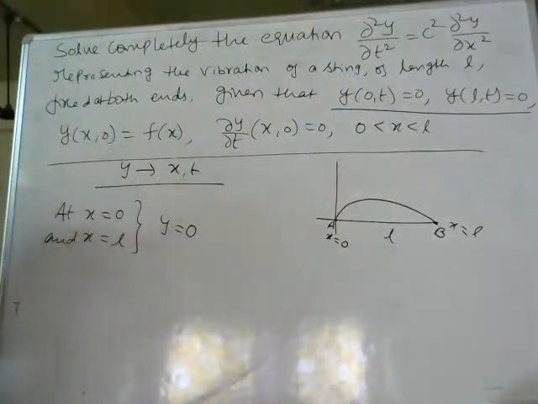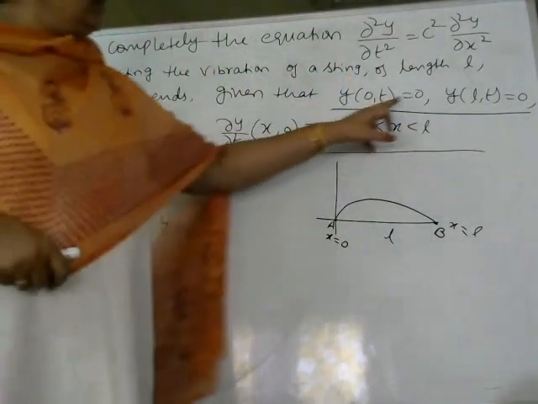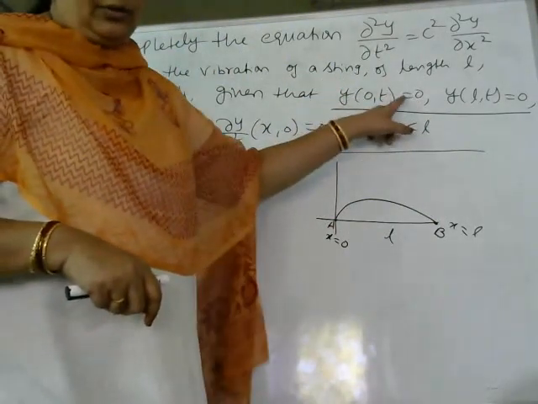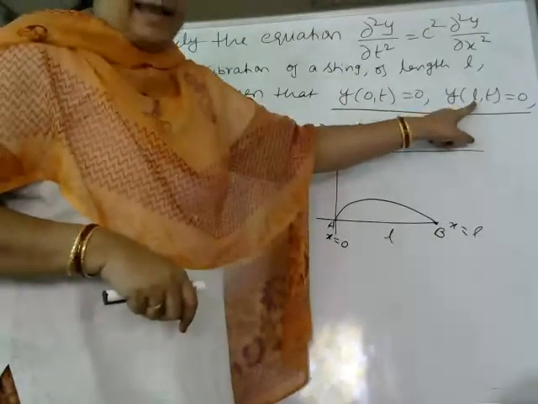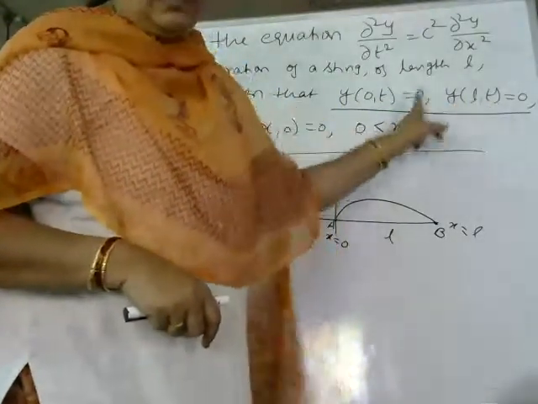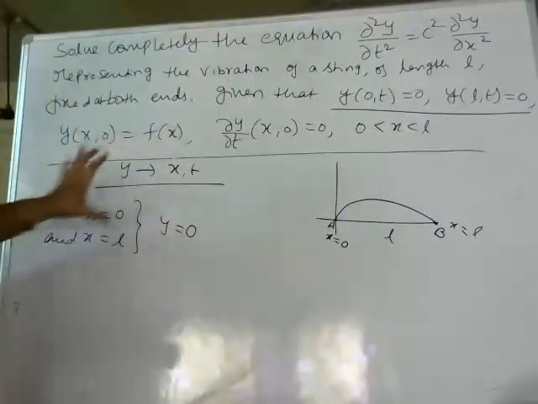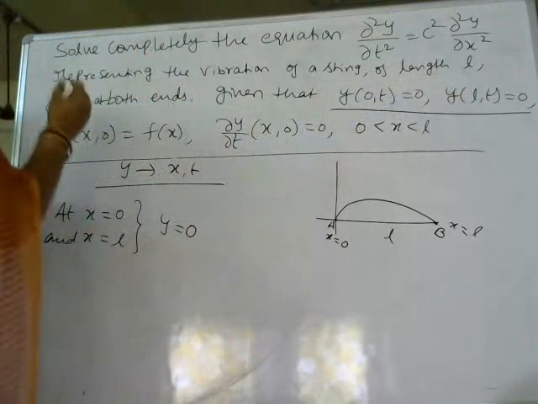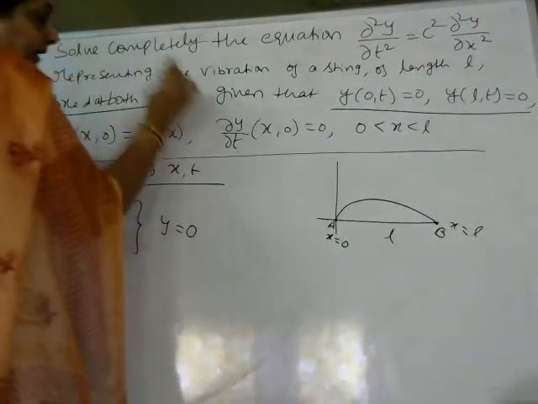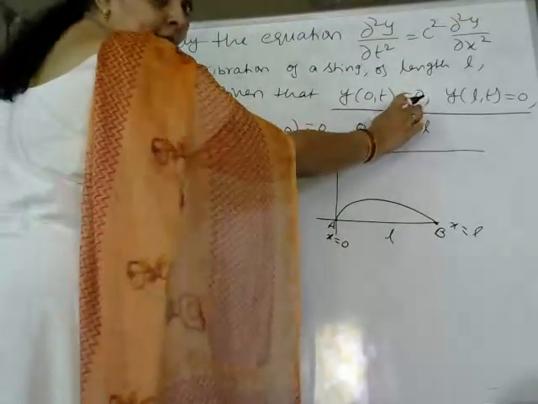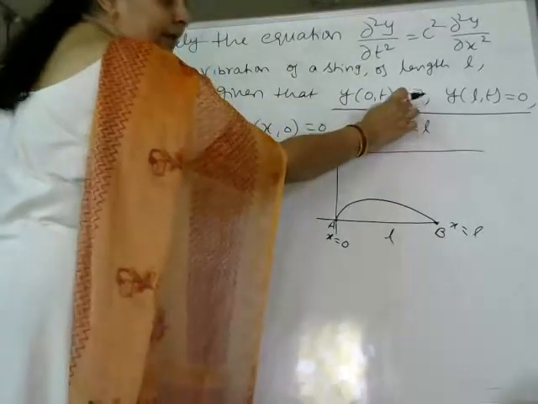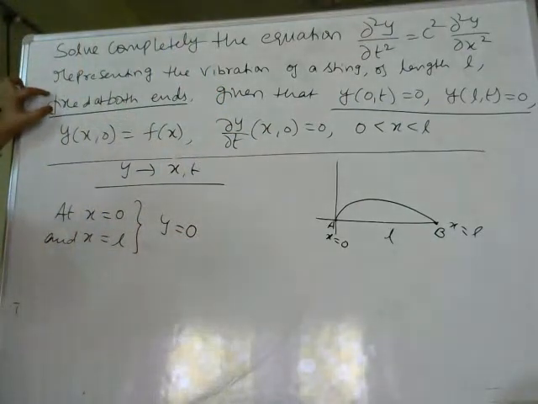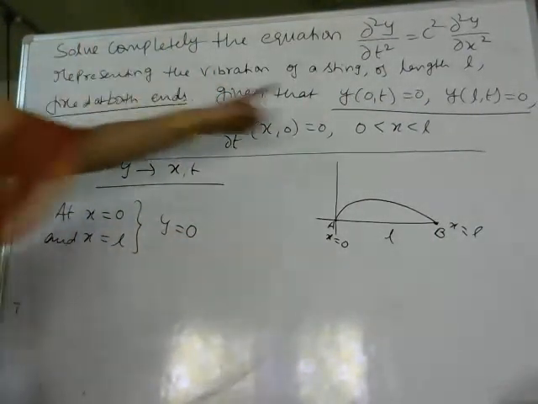Observe these two. What is the meaning of y at 0 t is equal to 0? At x is equal to 0, y is equal to 0. At x is equal to L, y is equal to 0. That is the meaning of these two. I have understood now what actually the meaning of these two conditions are. At both the ends, the same word fixed at both ends is represented by these two conditions. So sometimes in the exam, you may be given this condition or you may not be given this condition. Once if you are given that fixed at both ends, by default, you have to take these two.